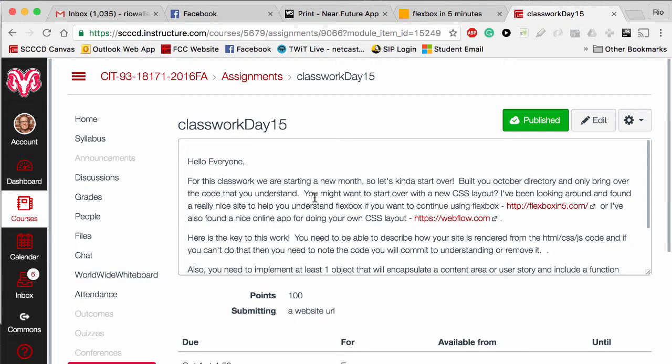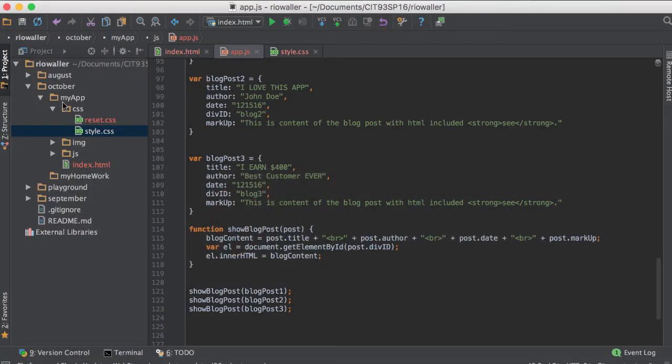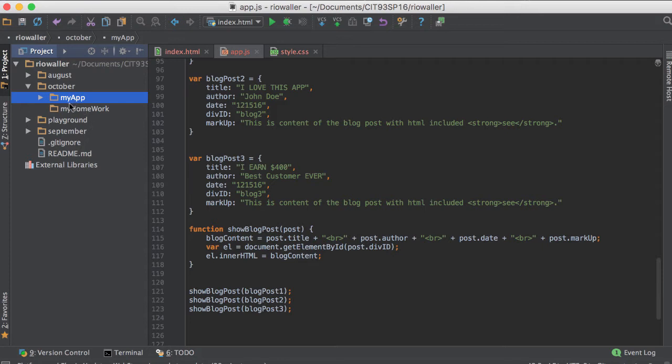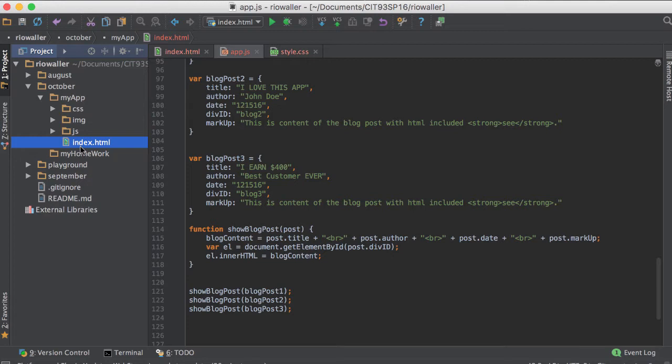Okay, so there's two things in what I mean by this, and I'll talk about the rest of it. When I set mine up, and I want you to do the same, let's just look at it real quick so we can chat about it. So in my October directory in my app, the homework will stay the same. There's no difference. But when you're bringing over your app, I want you to strip away everything else except the app itself. Any other JavaScript, any other stories, any other color, anything else, just one index file, and then the structure